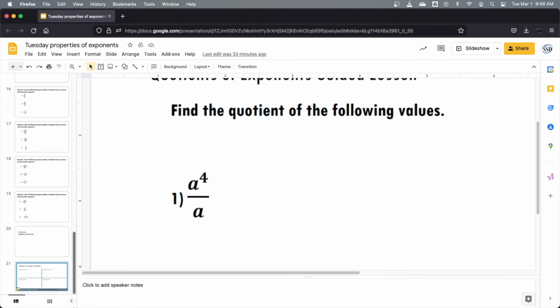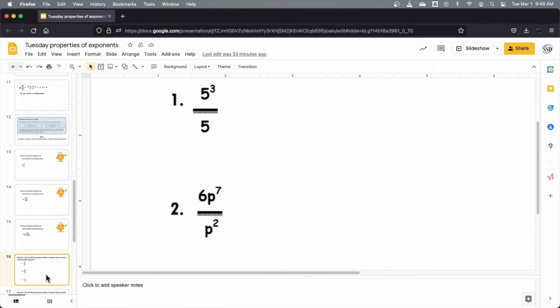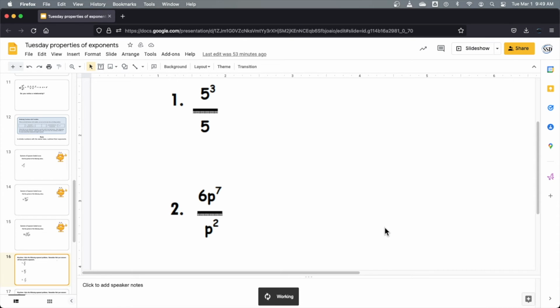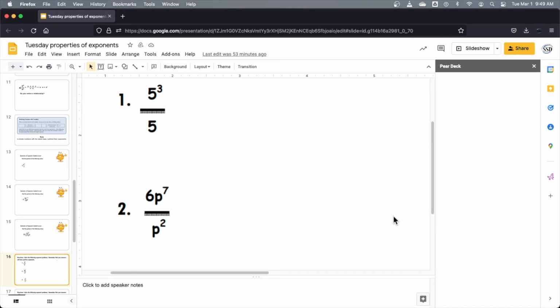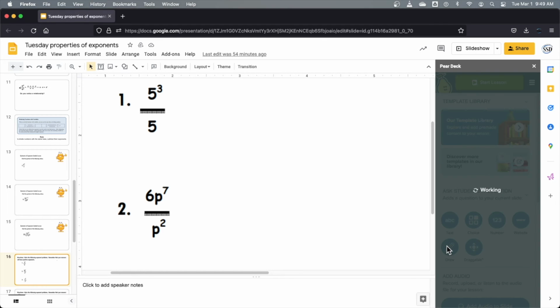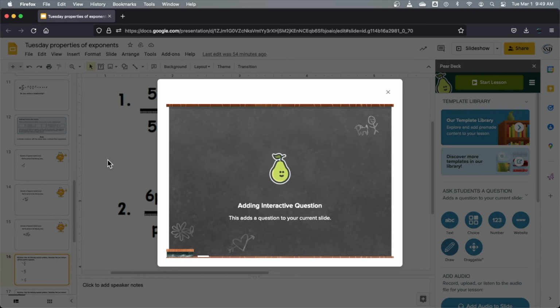Okay, let's go ahead and just Pear Deckify this real fast and talk about the differences and similarities. You may already know, go to Add-ons and Pear Deck and make sure I've got all my tools over on the right. Or if I say oops and hit the X, that's how you get them back. But for this one, let's say I wanted to be able to draw on it. So drawing, on the student device, they just use a pen to do whatever it is they're going to do. And on the projector, if you've got your Pear Deck up on the projector,